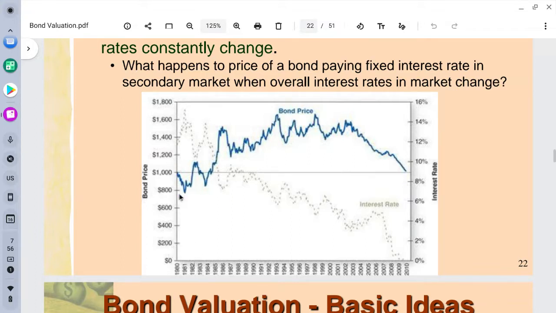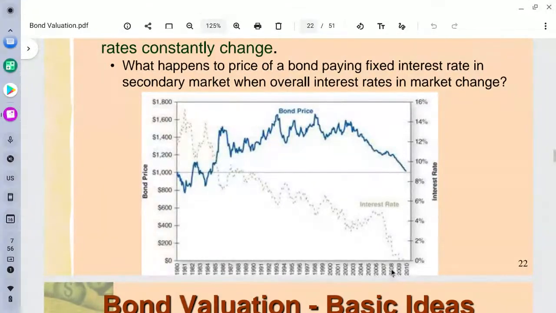And in those days, look at the bond prices. Par value is 1,000. It is like 800. And not only the bond, stocks would also freeze over. And then as the interest rate went down, when the interest rate was about 4%, the bond prices were like 1,600, and then interestingly the bond interest rate went down and down.